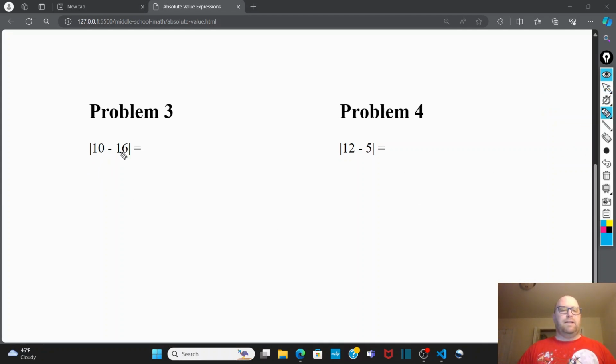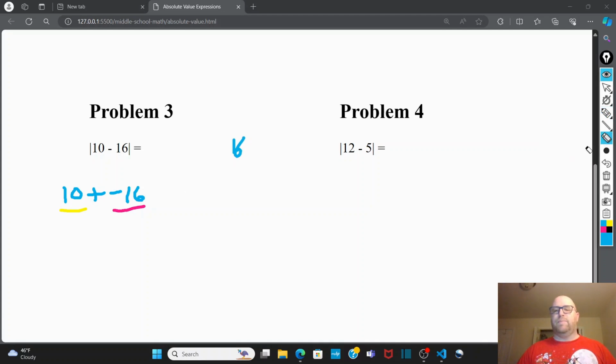Well, 10 minus 16, we just had a video that was adding numbers with different signs. It's really like 10 plus negative 16. And what do you do in that case? Well, you take the number that's further away from 0 on the number line, and you subtract the number that's closer to 0 on the number line. So we're going to do 16